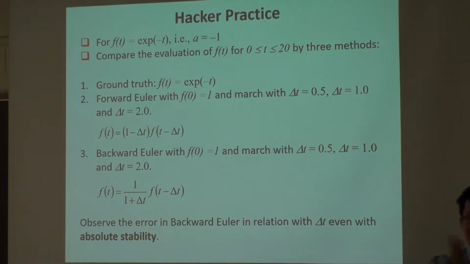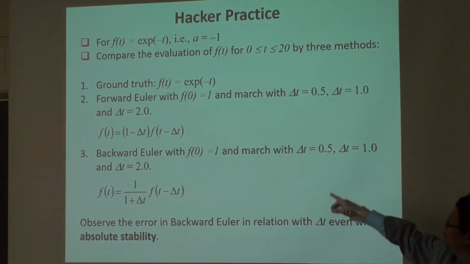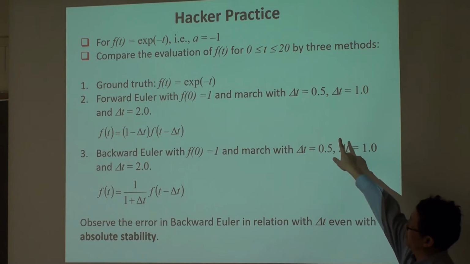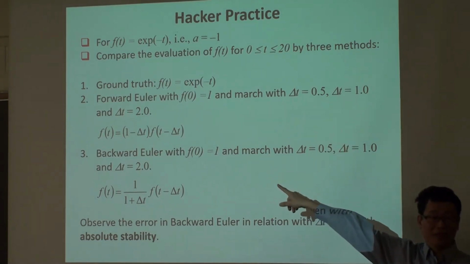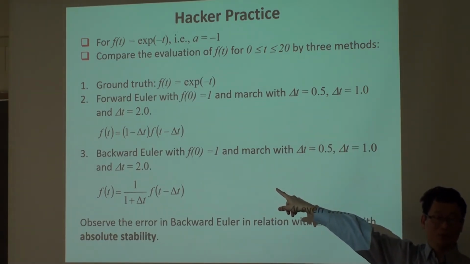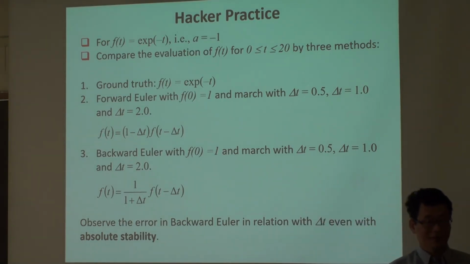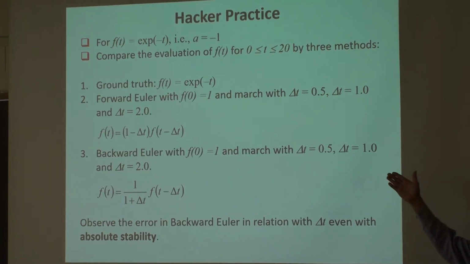But if you align the t points, when delta t is 0.5, it takes 4 steps to reach what delta t equal to 2 reaches in one. The true answer for sure is e to the minus t, so I actually know the true answer. You can see that a smaller delta t approximates e to the minus t better if you plot it, or you tabulate it, you can see the error.